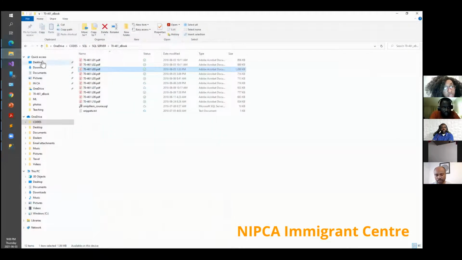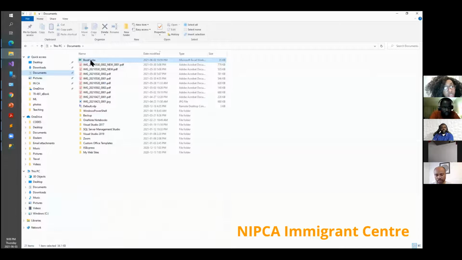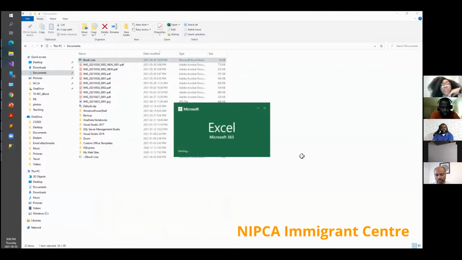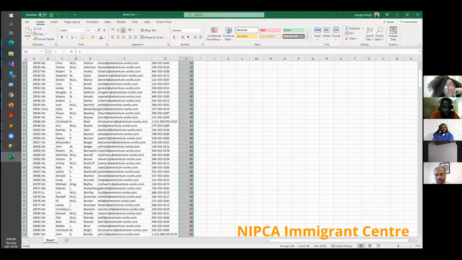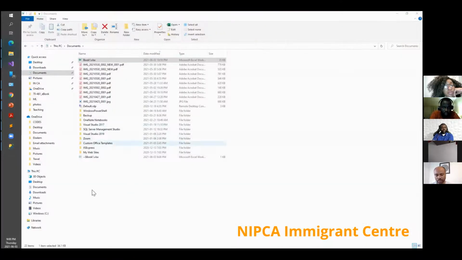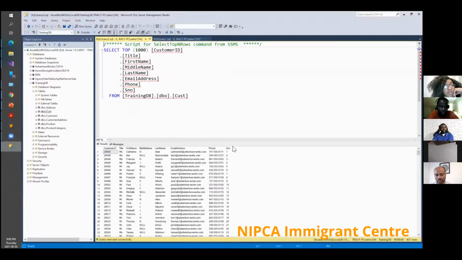If I come to, where did I save that? So was it in documents? If I open the Excel sheet, you can see that it's about the same, it's the same data that I have in Excel that I pulled into SQL Server. So it's quite easy pulling in your data from the different sources. You can pull from CSV, you can pull from Excel, and